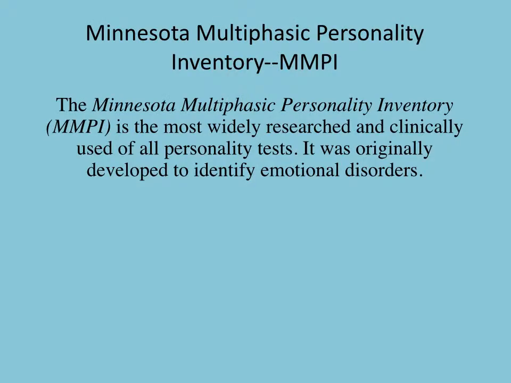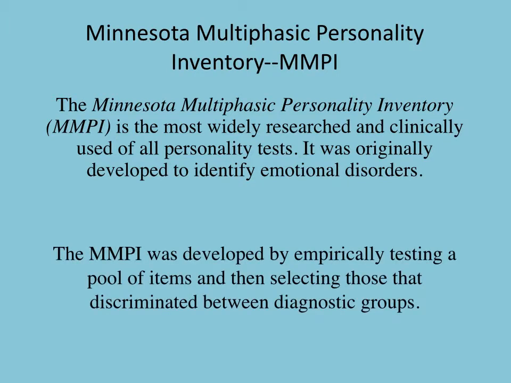Now, the MMPI, which is the most widely researched and most clinically used of all the personality inventories, is used to identify emotional disorders. All of your severe disorders like multiple personalities, somatic personality disorder, all of those other different personality disorders are diagnosed by using the MMPI-2, which is why it's the most clinically used and most researched. It is the most commonly used one in clinical settings, which means it's being used by psychiatrists and psychologists in hospitals. It's not the most widely used, it's just the most popular one amongst psychologists in research.